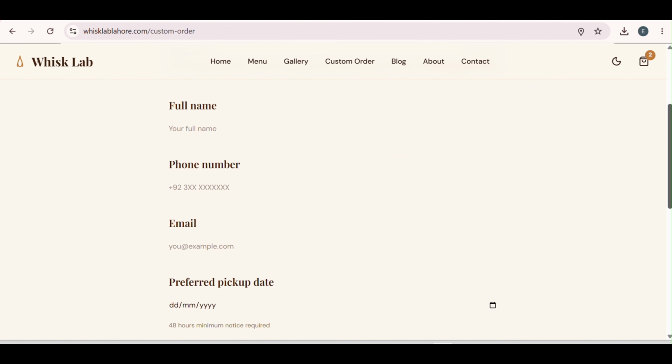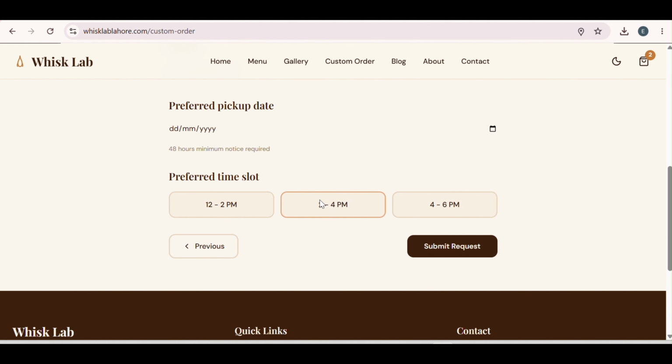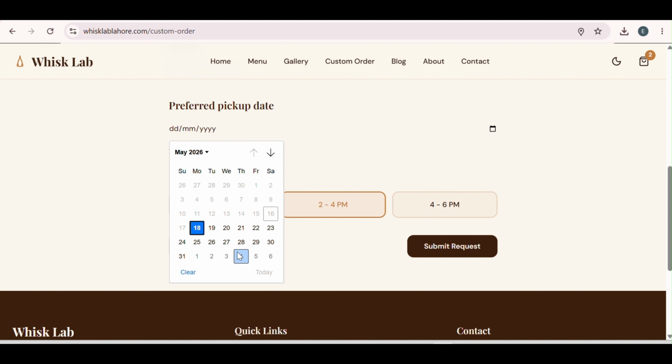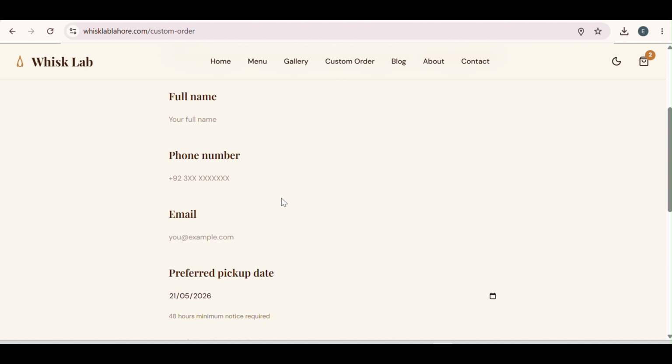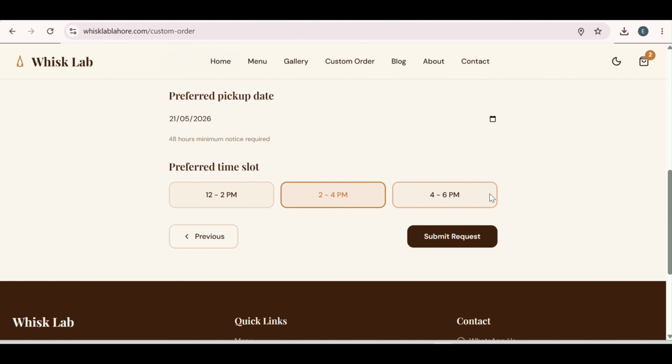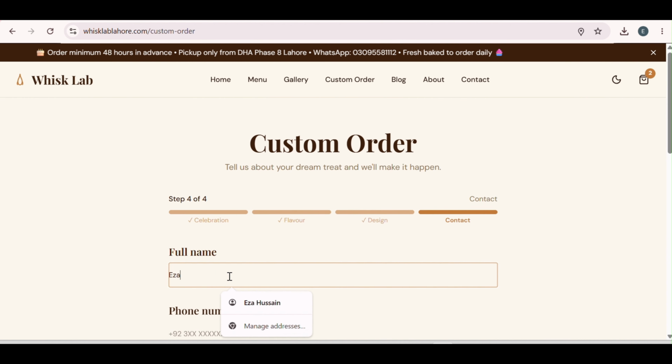It asks for my full name, my phone number, my email, my preferred day, time slot, and all that. For example, I say 2 to 4 p.m. pickup date. It will tell you, as I said, 48 hours prior, so I have to select 21. I can type my phone number and all those things, full name, and all that. Then I'll just submit the request, but this is empty, so it is not letting me.